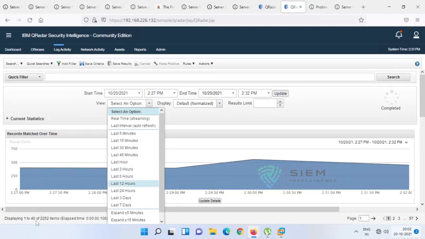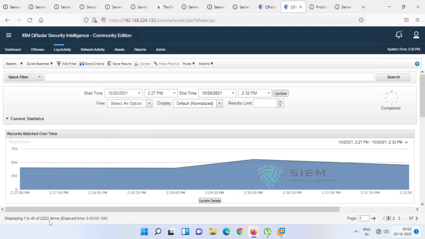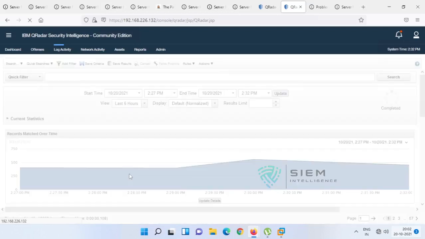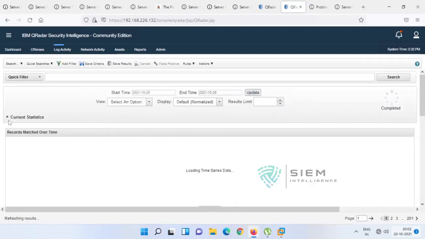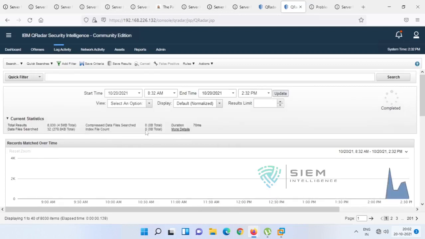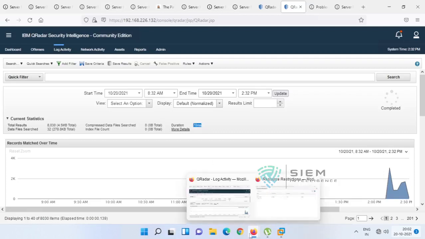And over here it is showing some 2252; the limit is 10,000 only. And last, if you are doing 6 hours and it is taking time, see here the statistics are showing the time in milliseconds, it is 70 milliseconds; the duration is a maximum of 30 minutes, he can go for 30 minutes only. So these are the resource limits that you can set.